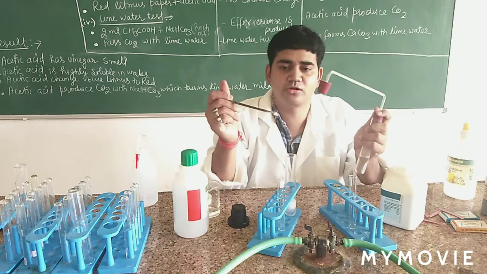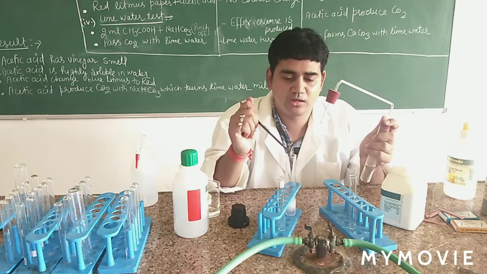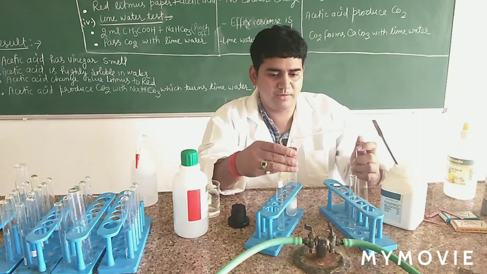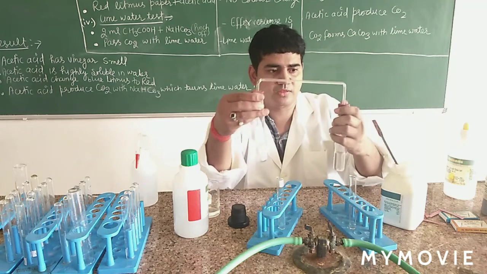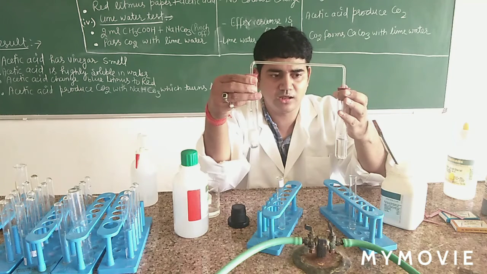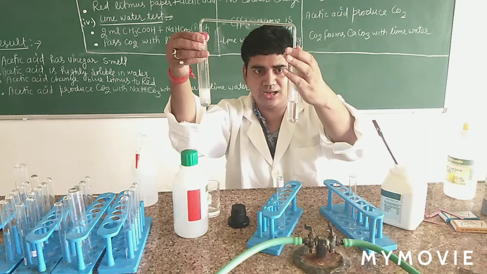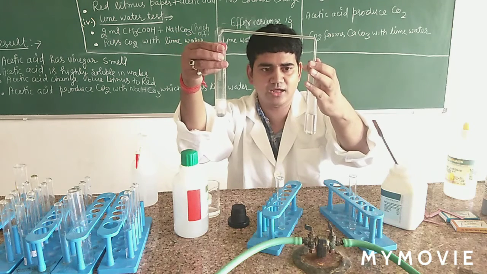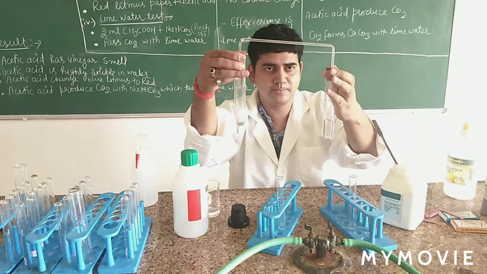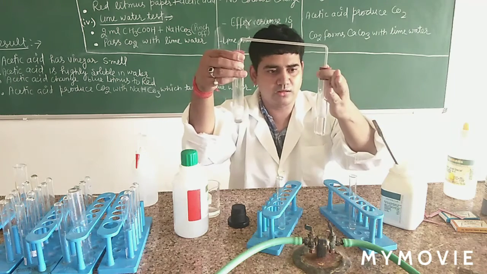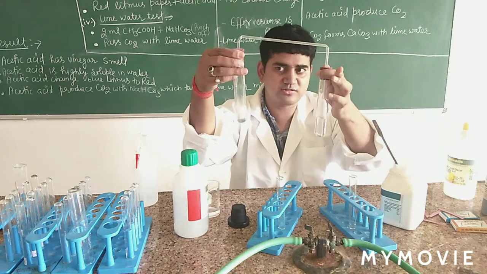We can put a pinch of sodium hydrogen carbonate. Sodium hydrogen carbonate is always white in color, so make sure it is in powdery form, and put it in this way. Now you can see the lime water slowly turns milky. It takes time, so we take a short break so that it is visible to you that the lime water turns milky.